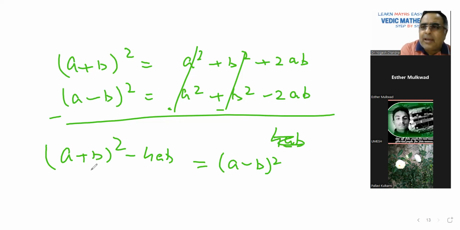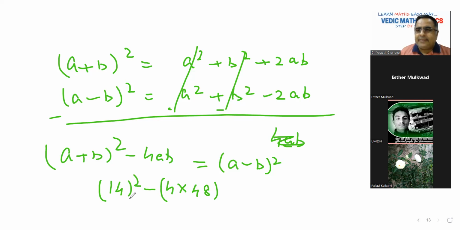हो जाएगा। a प्लस बी होल स्क्वायर, a प्लस बी की वैल्यू दी हुई है, 14, सो 14 स्क्वायर माइनस 4 इंटू ab की 48। 14 स्क्वायर कितना होगा? 196. 256 इसलिए नहीं हो सकता क्योंकि 225 से कम आना है, 15 स्क्वायर 225 है, हर चीज को याद रखो। 196 माइनस 192, कितना आ गया? 4। तो a माइनस बी कितना आया? 2।